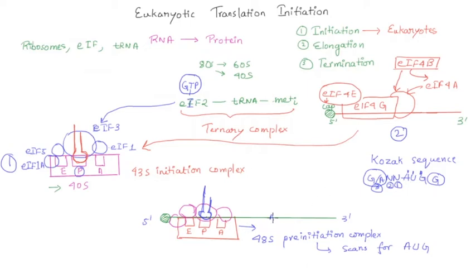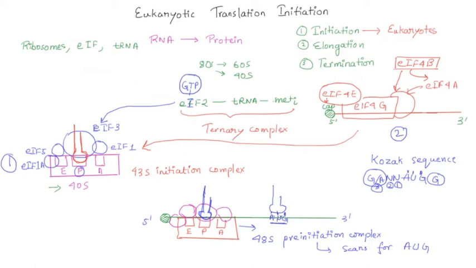So let's say the AUG is over here. Now the initiator tRNA would make hydrogen bonds with the AUG, and this correct base pairing between the initiator tRNA and the start codon, that is the AUG, would trigger a conformational change in